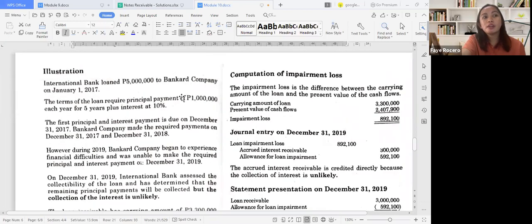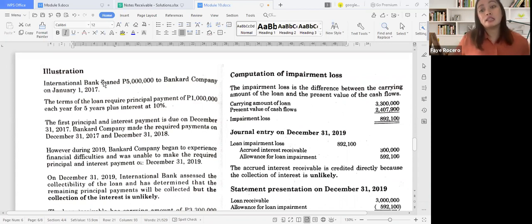International Bank loaned 5 million to Bank Card Company on January 1, 2017. The terms of the loan require principal payment of 1 million each year for 5 years plus interest at 10%. The first principal and interest payment is due on December 31, 2017. Bank Card Company made the required payments in 2017 and 2018. However, during 2019, Bank Card Company began to experience financial difficulties and was unable to meet the required principal and interest